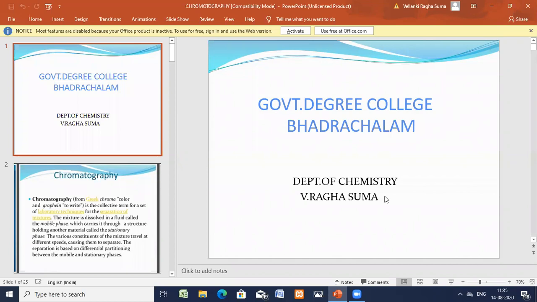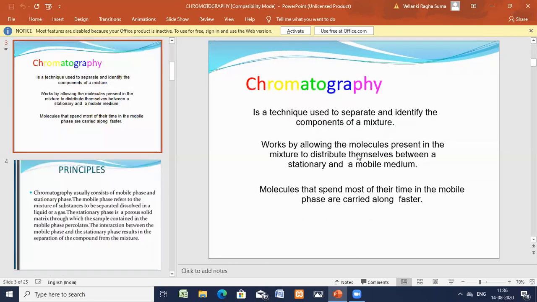Today's class is an interesting class and a very easy concept that can be understood by you. It is chromatography that I'm going to explain to you. Chromatography can be considered as a method of separation of a mixture into individual components through equilibrium distribution of the components between two phases. So, for the separation technique chromatography, we'll see how many types there are, and the basics.